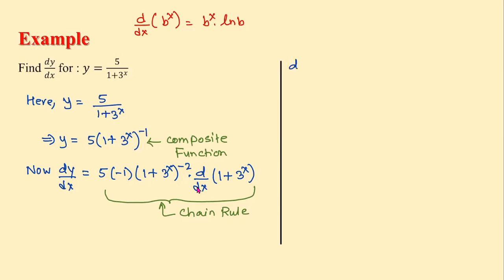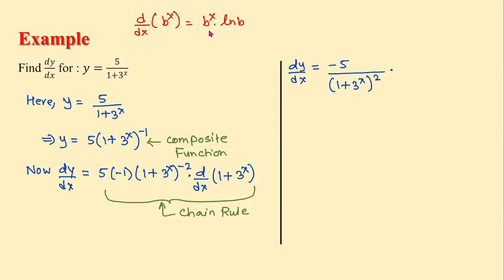So dy over dx, the derivative of the function y with respect to x, is equal to, first, 5 times -1 is -5. And then here we have 1 plus 3 to the x raised to -2. If I want to write it as a fraction, then it will be 1 plus 3 to the x raised to +2. Then let's multiply by the derivative of this one. The derivative with respect to x of 1 is 0, so I don't have to write that. But for this one, the derivative with respect to x of 3 to the x